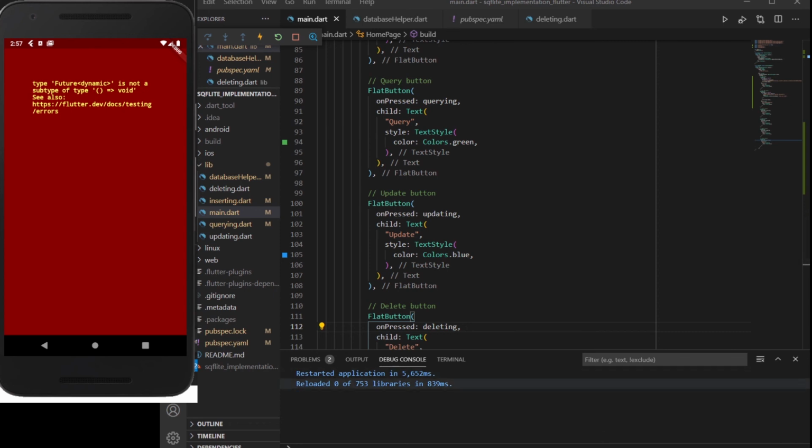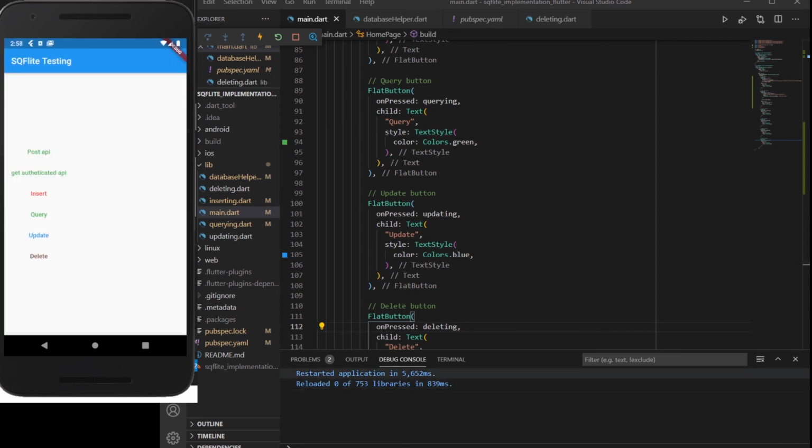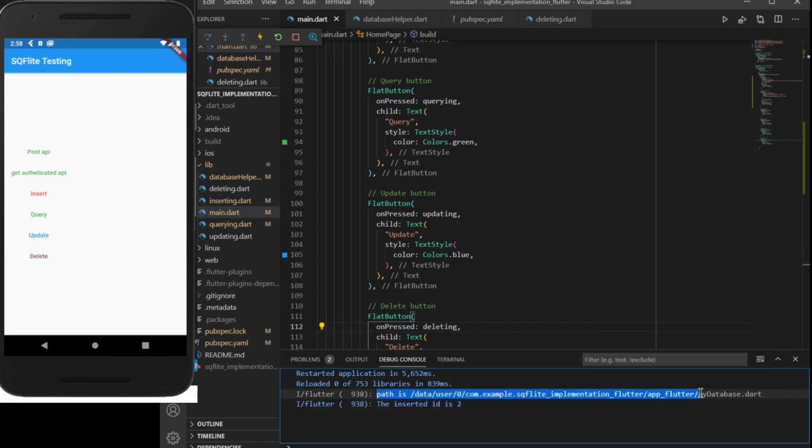So you can see that the restart application has been done, and here you can see that we are provided with flat buttons which we were having inside our application. Now when I click on the insert button, it will be inserting a particular thing inside our application, and you can see that it has provided us with the path,